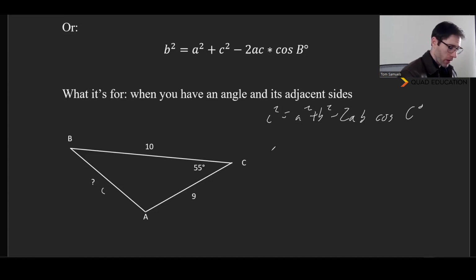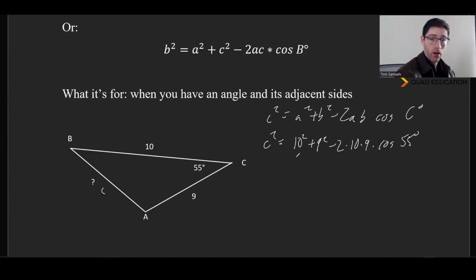And so we're going to say c squared is equal to the things that we know, which are 10 squared plus 9 squared minus 2 times 10 times 9 times the cosine of 55 degrees. And if we want c by itself, all we have to do is square root both sides. And something that looks like this